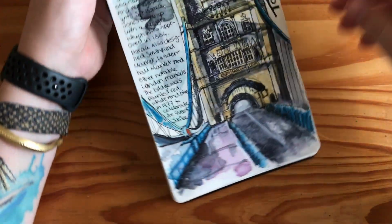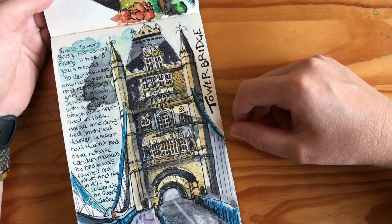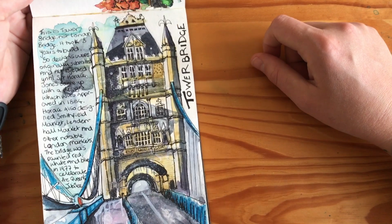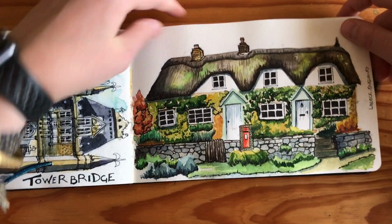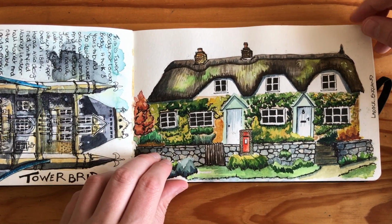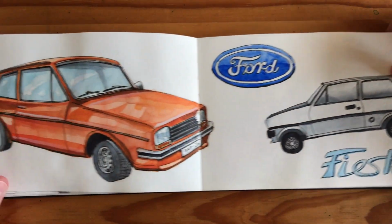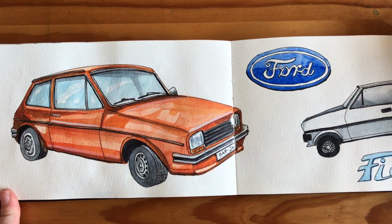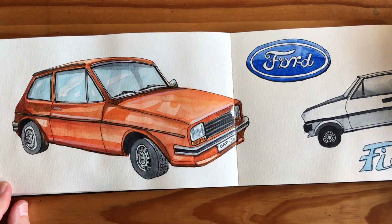And then I did another one of Tower Bridge. I wanted to try a different angle, and I also wanted to give it that kind of journal-y vibe, so I wrote a few facts about it on the side. So I think the sketch is okay. I was a bit experimental with it. Yeah. And then this is another from that village of Laycock in England, another cute cottage. I think I just went through a phase of finding nice pictures on Pinterest, just trying to practice really. And then I randomly decided to draw a Ford Fiesta, which is really not the most exciting of cars,